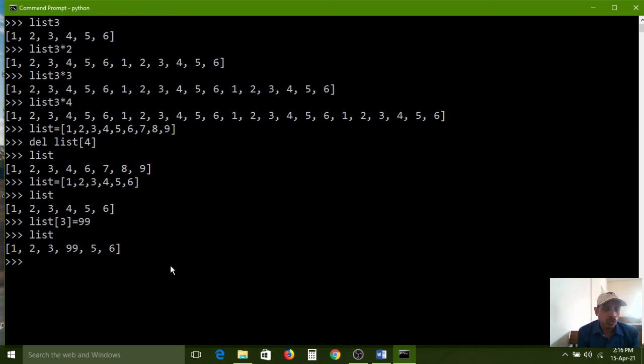And in the previous list 1, 2, 3, 4, 5, 6, 7, 8, the 5th element is in the 4th index.